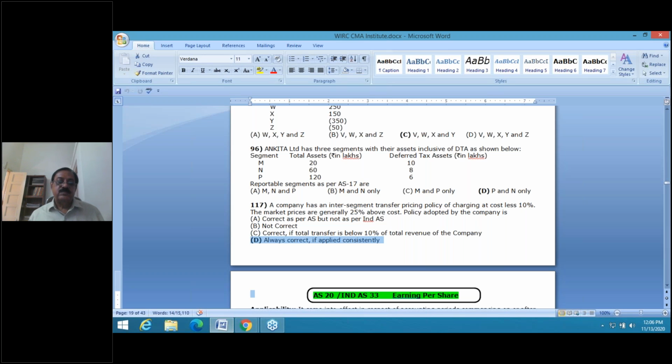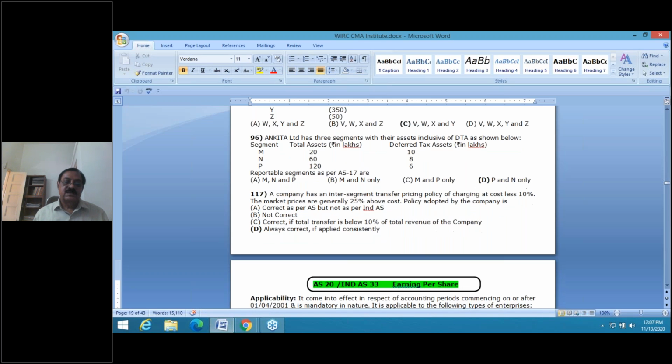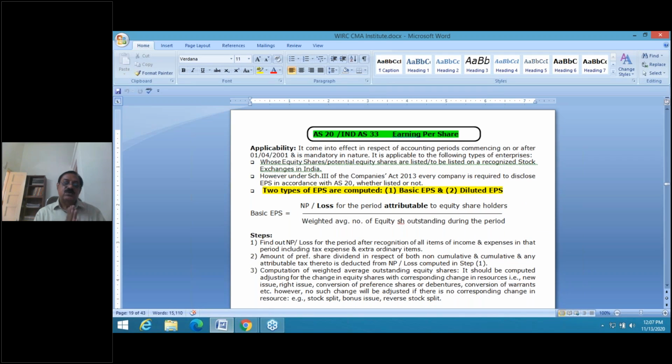So at this point, I have covered important points from examination viewpoint so far as your Ind AS 108, that is AS 17, segment reporting is concerned. Okay, friends. Now go to one more Ind AS. Again, good practical. I have taken those Ind AS which are more practically asked. I hope in your coming exam in the new pattern, questions will be more on calculation. So Ind AS 33, which is AS 20, EPS, earnings per share. This you may have learned in your other accounting part also.